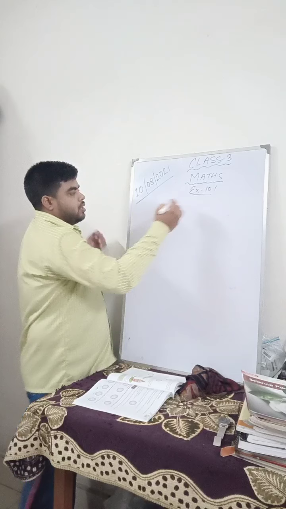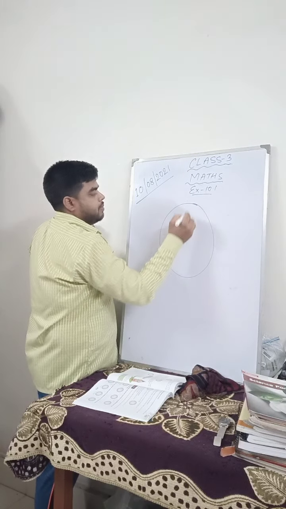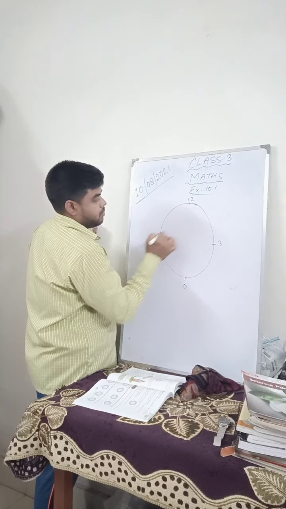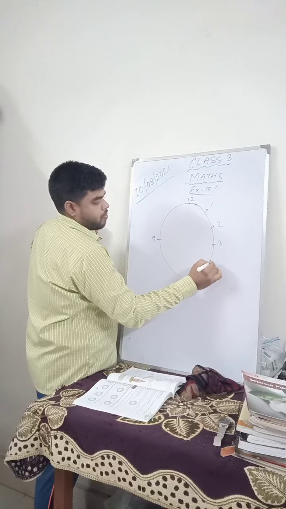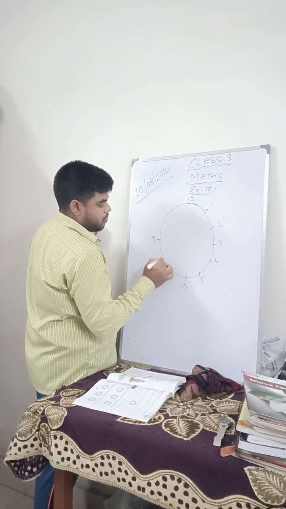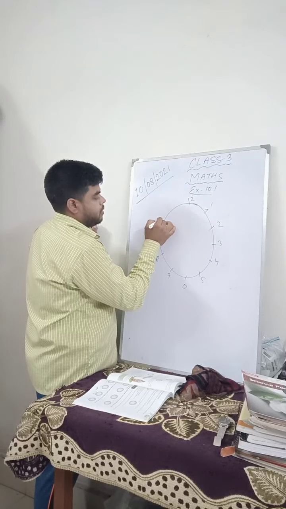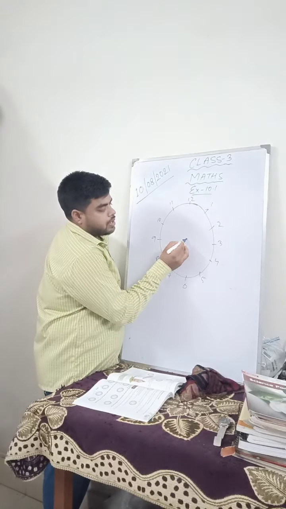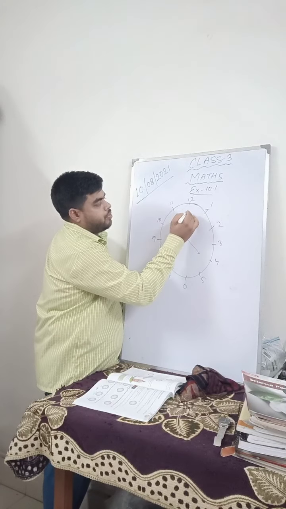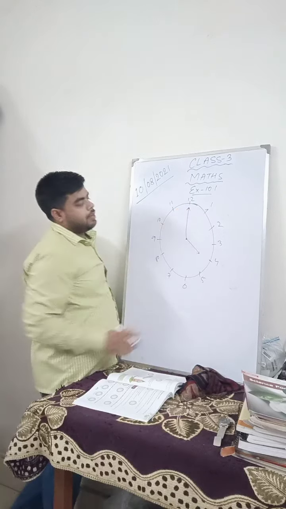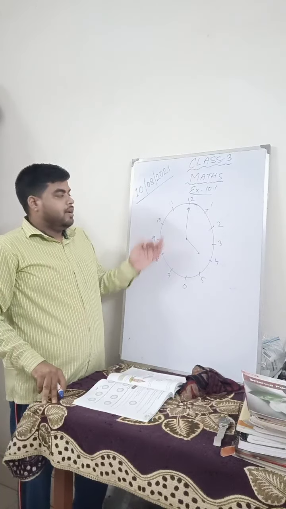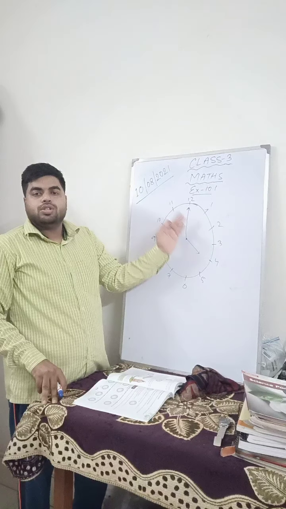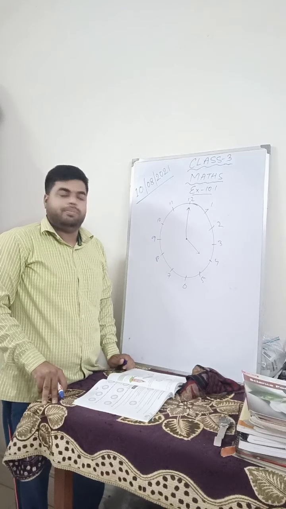So when you actually read time, suppose this is the clock. If the hour hand is facing 4 and the minute hand is facing 12, that means the time is 4 o'clock. And when the minute hand keeps on moving, every gap is 5 minutes, so for every gap we keep on adding 5 to the minute hand.